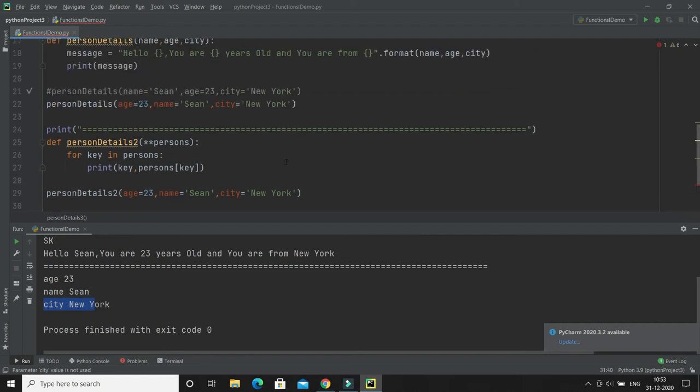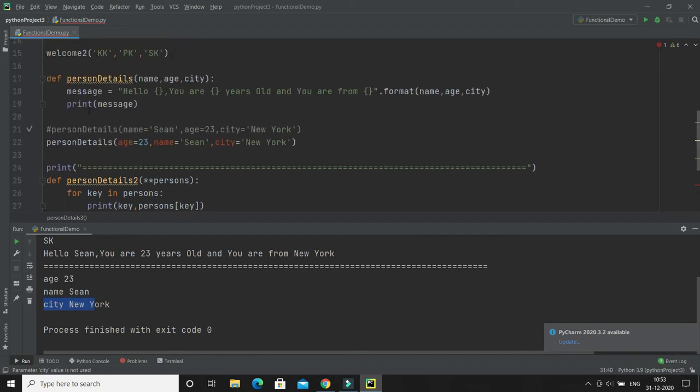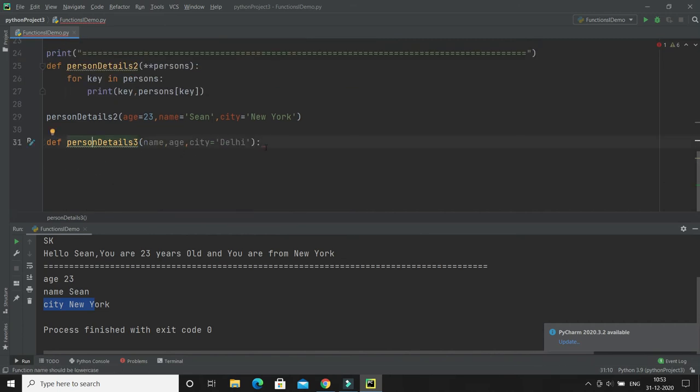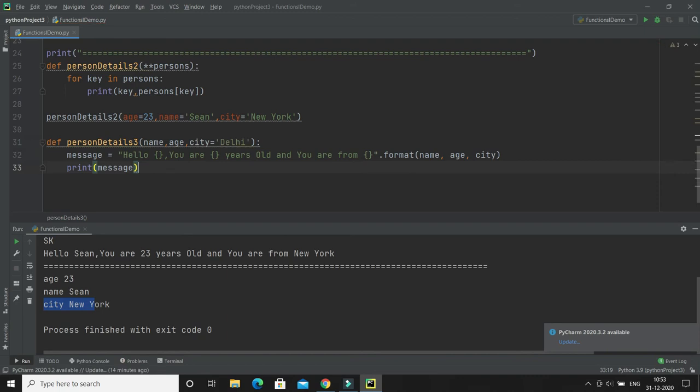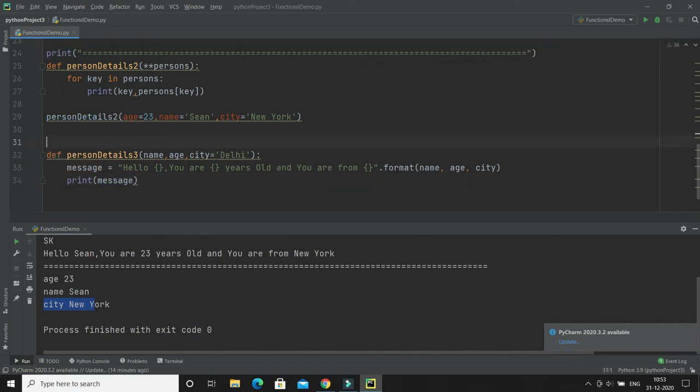Here I'm formatting the message and putting it over here, and let me put some separator. Now while calling this function, if I do not pass the value of city, then the default value will be taken.